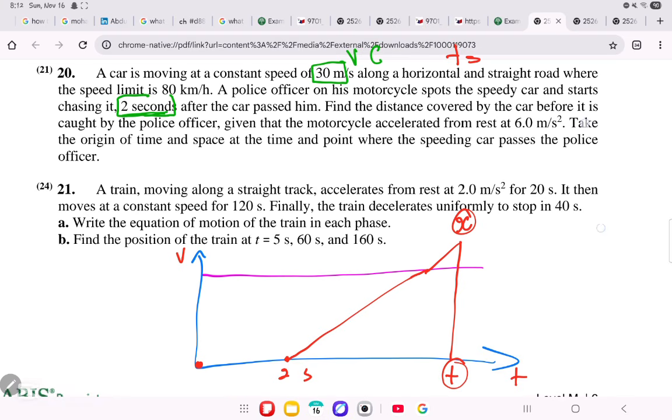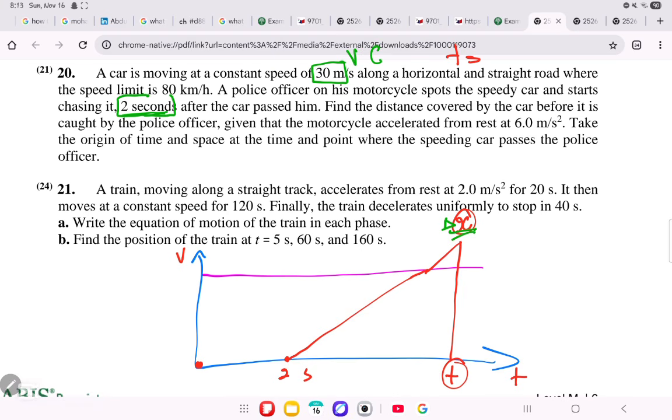So again, the velocity of the car is a constant velocity. That's why I put it as a flat line. Then, after 2 seconds, the police car starts moving and starts accelerating until he reaches a certain position, delta x, where for both of them, the car and the motorcycle, the time is t. So I'd like to do this based on